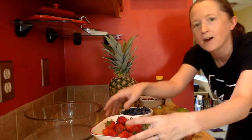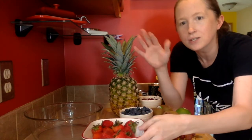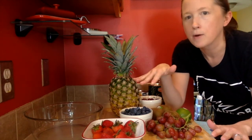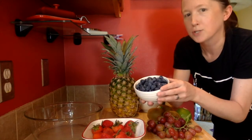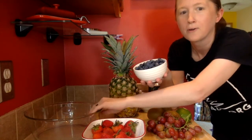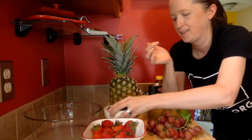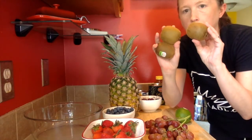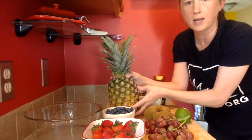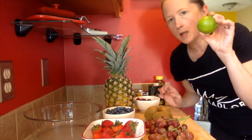Alright, let's go. So I have some strawberries here, and I'm just sort of guessing at the amounts. I don't have any set amount, so I'm just kind of eyeing it. So it'll hopefully all fit in this bowl here. Okay, I've got some blueberries, got some grapes, 3 kiwis. You can see I have this giant pineapple, a couple cherries, a lime that's going to go in